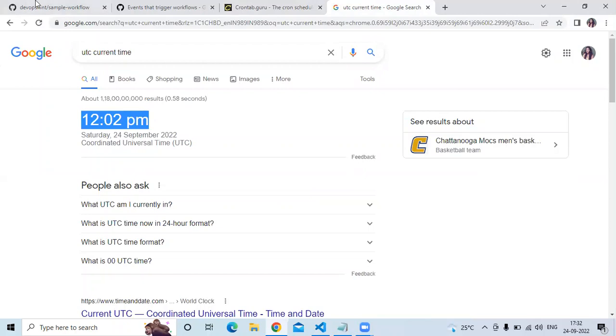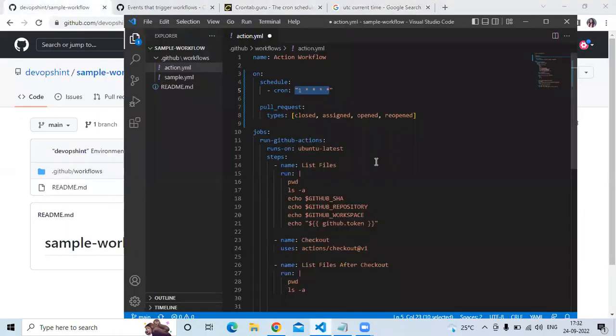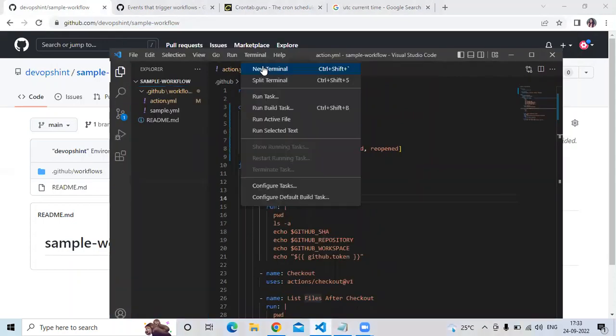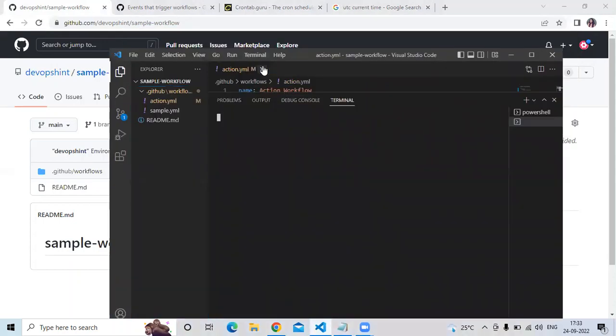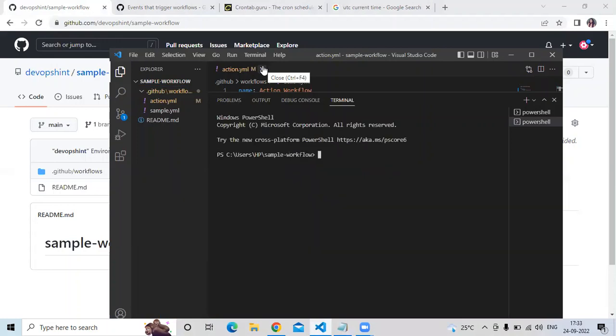Okay. So here I'm going to save this file and now open new terminal. And now I'm going to push this code into my repository. So first command is git init,